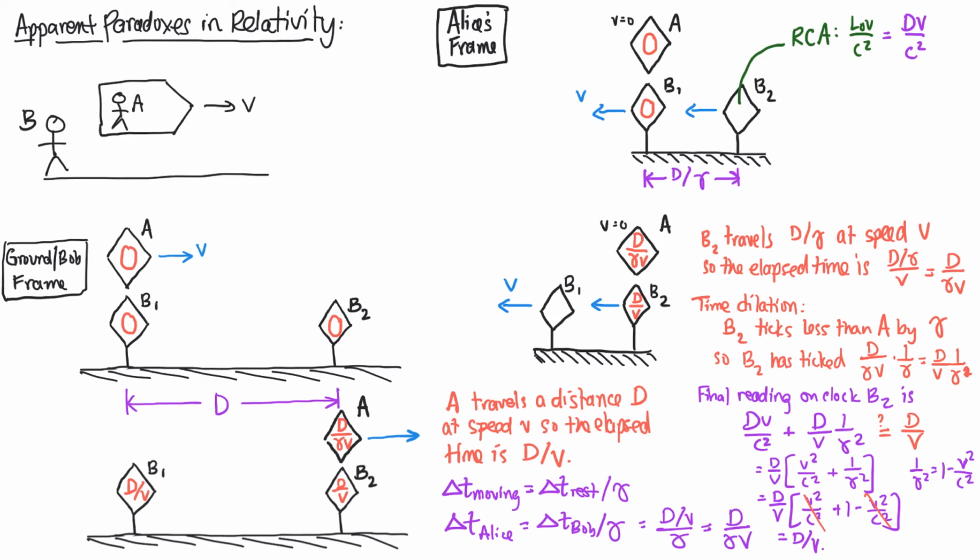So that's an example of an apparent paradox. How can Alice's clock tick slow relative to Bob, and simultaneously Bob's clock tick slow relative to Alice? Well, there's no contradiction here at all, as long as you account for all three of the relativistic effects: time dilation, length contraction, and don't forget, rear clock ahead. In subsequent videos, we'll look in more depth into other related paradoxes, but this is kind of a fun one that we can do.